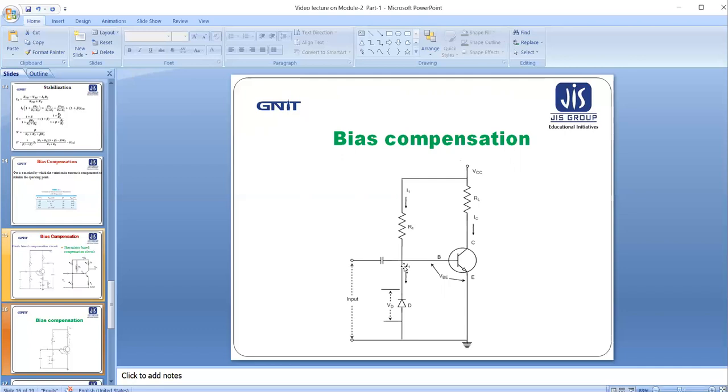conduct the reverse saturation current ICO. As we know, when the diode is reverse biased, the only current is the reverse saturation current, that is IS. In this case, it is ICO because the collector-base junction is also a diode. So the diode snatches ICO. The direction of the current will look like this, so ICO goes to the ground. So instead of ICO adding with the IB, it will just bypass directly through the diode to the ground. Therefore, minimum effect of ICO will appear at the IC. So thus the Q point will be somehow stabilized.